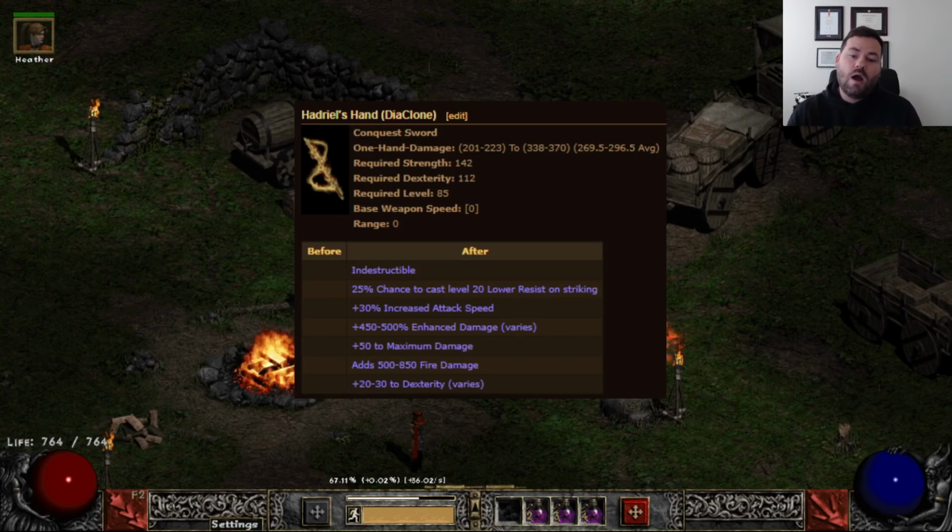400 to 500% enhanced damage. This is the highest that you can get in the entire game. There is no weapon that you can, pre-corruption, get 500 ED on. 50 maximum damage. I mean, who can say no to that? 500 to 850 fire damage. Who cares? Doesn't matter. And because this is a one-handed weapon,